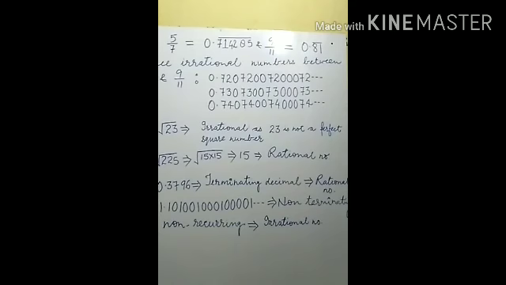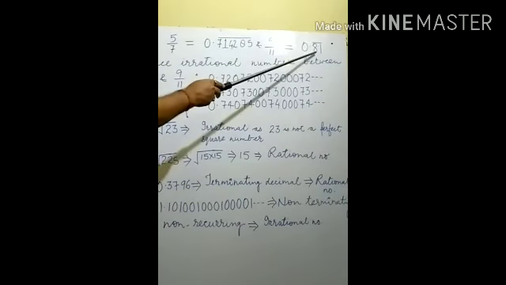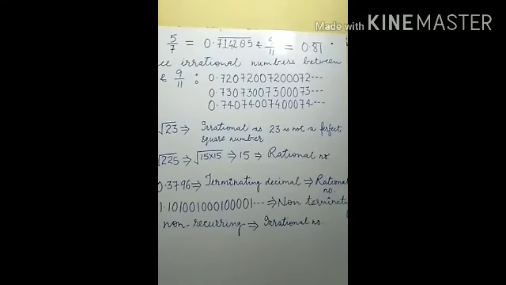So we have to select such numbers between this one and this one in such a way that they must be non-terminating and there should not be any recurring or repeating block. The same process: it should be greater than 0.71 but less than 0.81. So any number can be taken. Infinite numbers are there between this one and this one. It is upon you to decide it. Infinite numbers, irrational numbers are there.